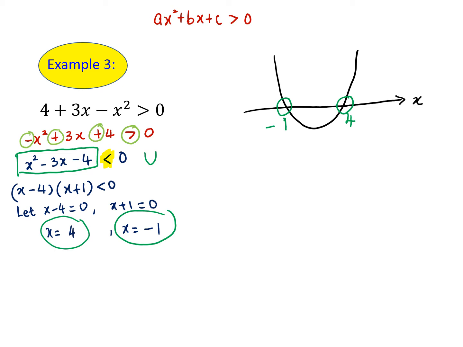And now the next step is to consider whether we want the region above the x-axis or the region below the x-axis. So look at the latest inequality again. It is less than 0, so it means that it is negative. If it is negative, then we will consider the one below the x-axis. So we will consider this area. So now my interval notation will give me